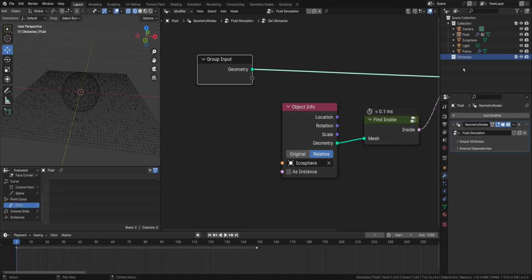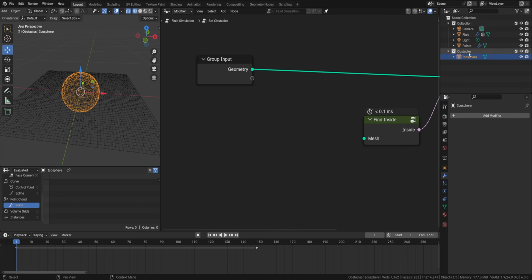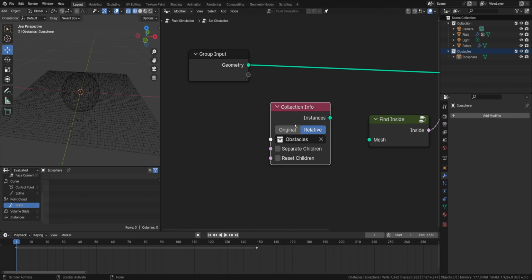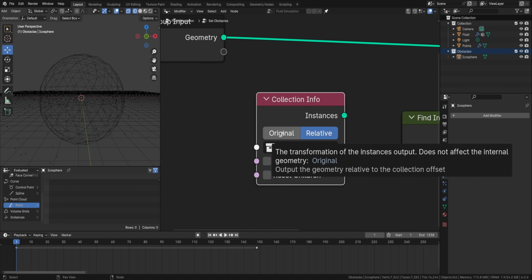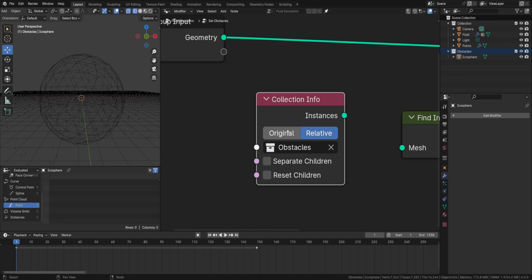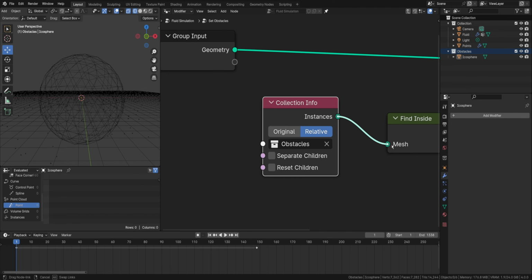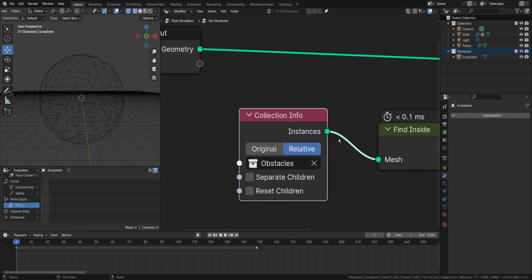And inside of this collection, I'm going to move the icosphere like that. I'm going to remove this and I'm going to drag the collection inside. Set this to relative, because I want to get the actual position of those objects. Well, actually the relative just works. I have to look at the difference myself too, but relative is working. And I'm going to plug this here, but the problem is collections are imported as instances in Blender, and instances are